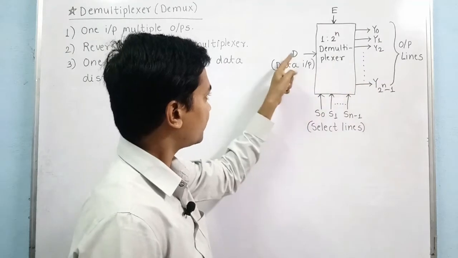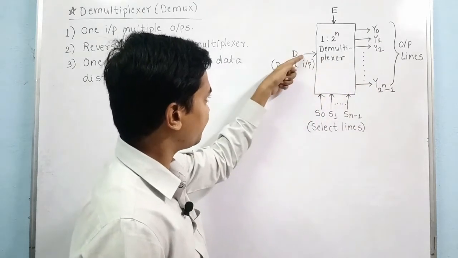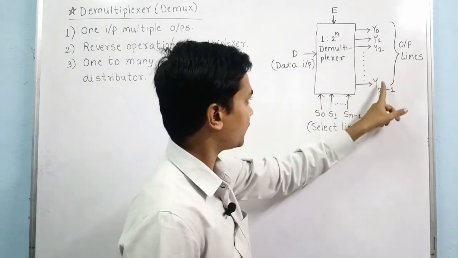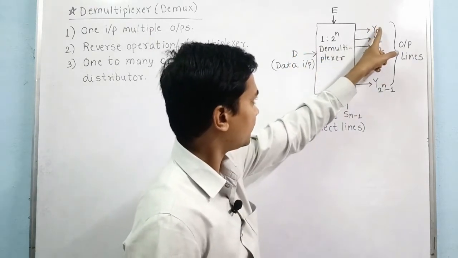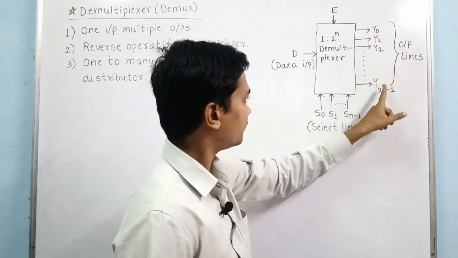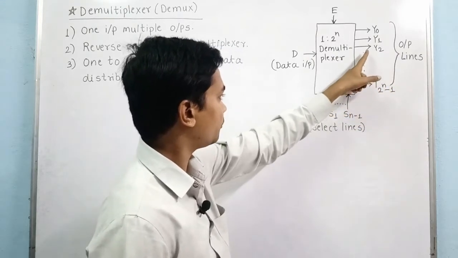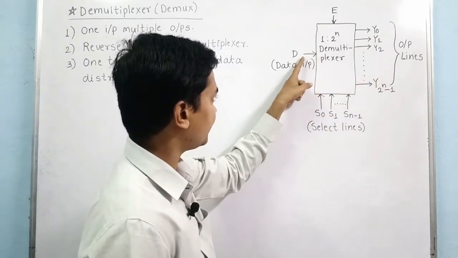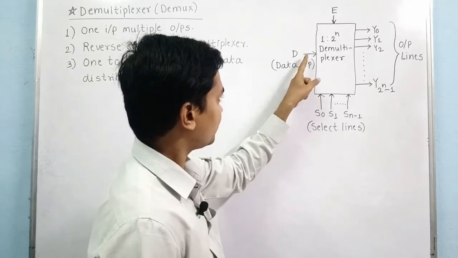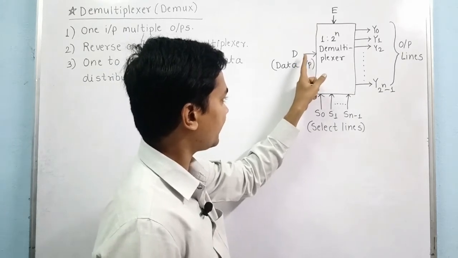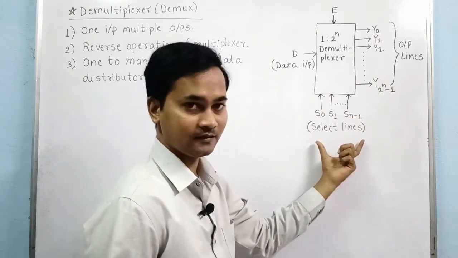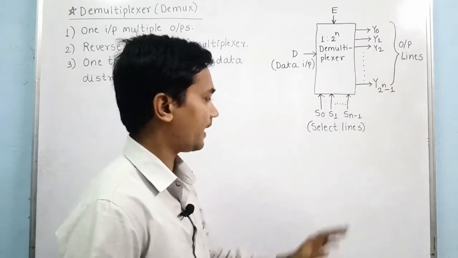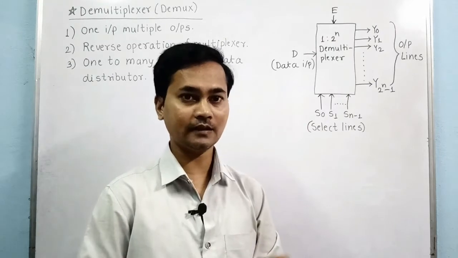The demux has only one input line and multiple output lines. Whatever data you want to send on any output line, that particular data should first be brought on this data line, and after that it should be sent to the particular output line according to these select lines. So demux and mux have a common term,